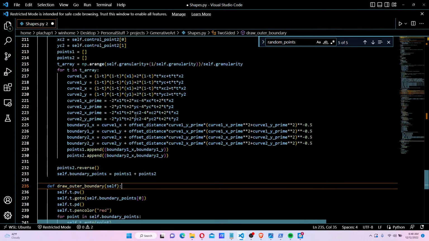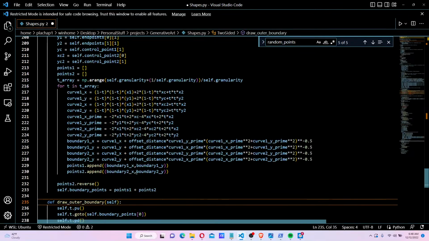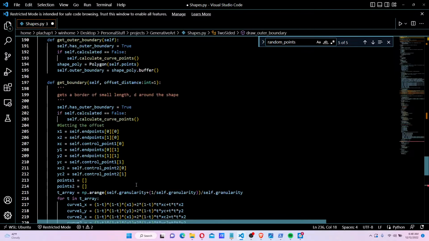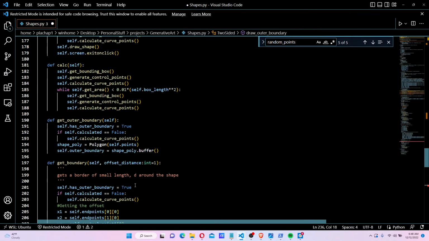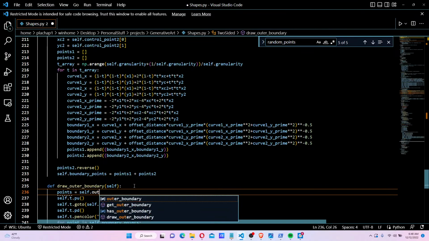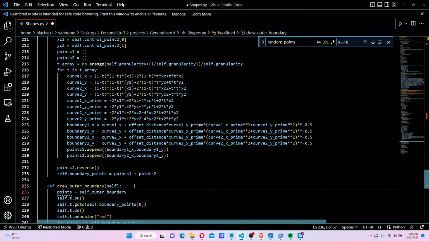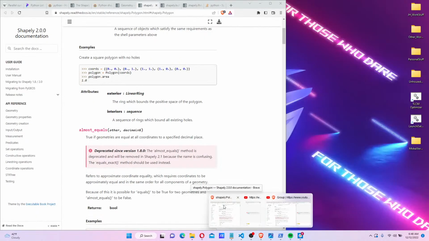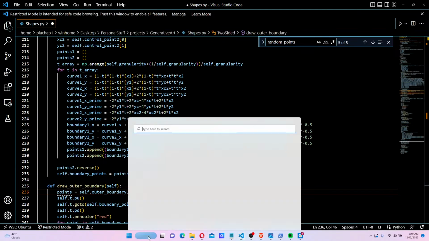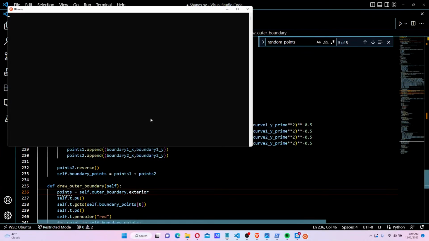So first you go to self dot. I will say that points is equal to self dot outer boundary dot exterior. Oh man, guess I'm gonna have to figure out what that looks like. So